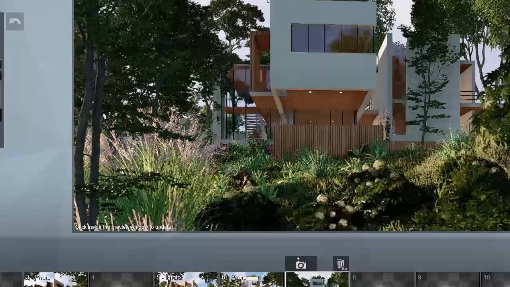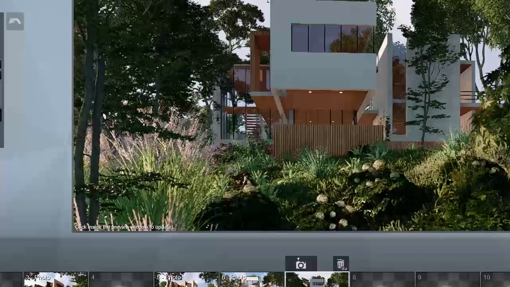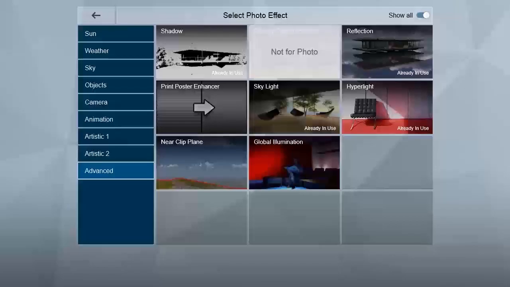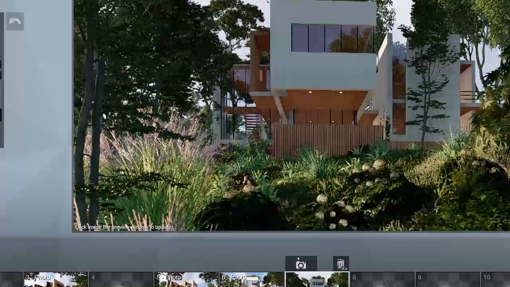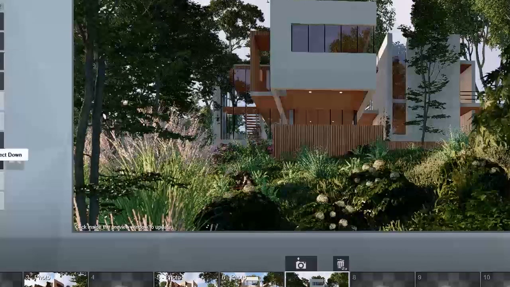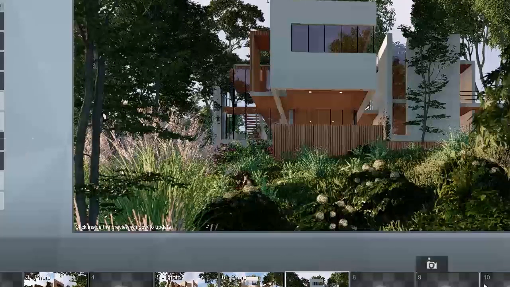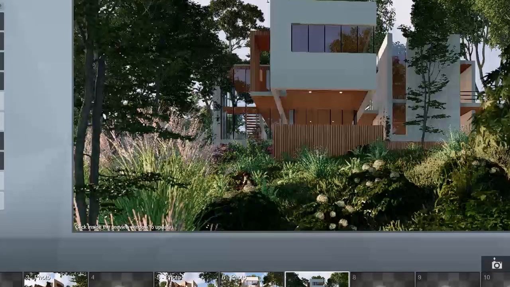Let's go back to advanced. Oh, we didn't need to go there, we just need to go in FX. We go to preset and we activate reflection and we get our render, but we get it in two